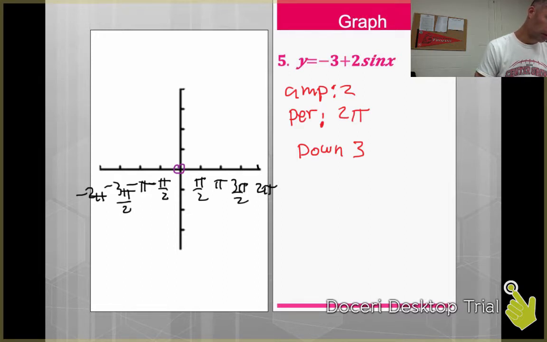So 1, 2, 3, right here. All right. Then my sine says we're going to go up right here to 2, but it says I need to shift that down 3 units. 1, 2, 3, so right here. All right, and then I would come back down to 0, shift that down 3 units,